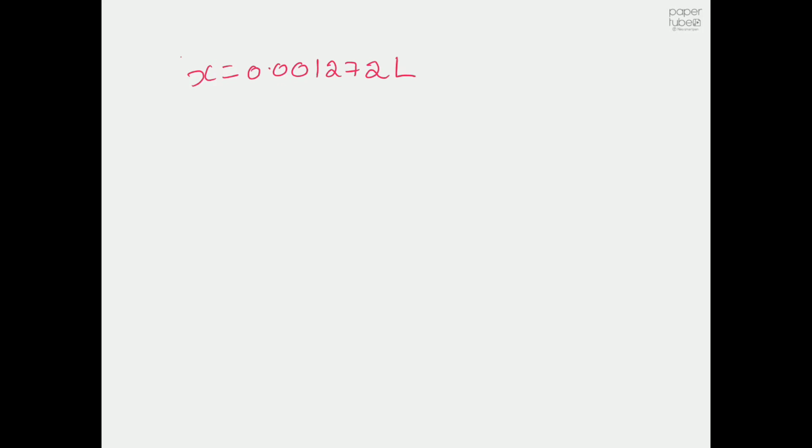So x is equal to 0.001272 liters. These are really basics, but students make a lot of mistakes. It's not easy, yeah? So at least try to use pen and paper one time at home after listening to this lecture, or during the lecture. Try to solve it by yourself. So now we can convert C star is equal to 10